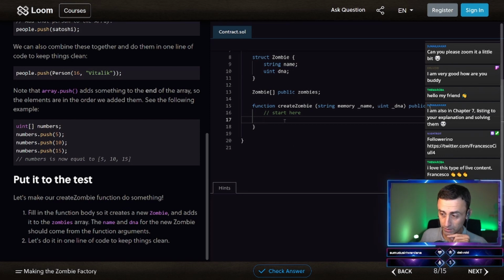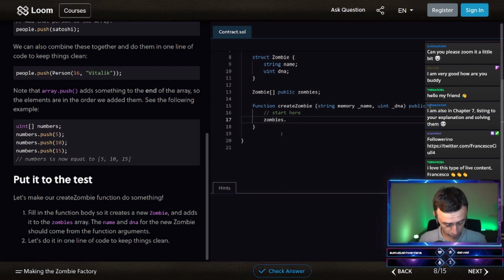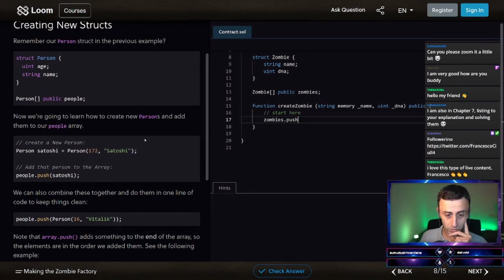Okay, so we have the structs. Okay, so zombies dot push. I need to do the zombie. It creates a new zombie.